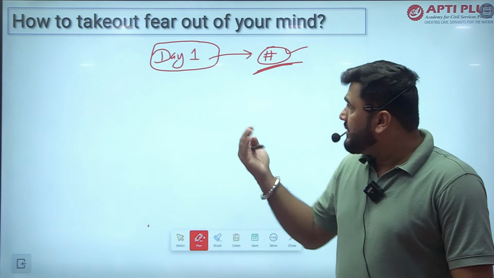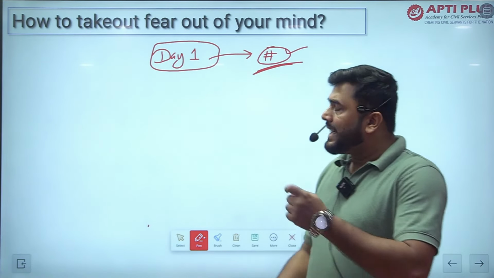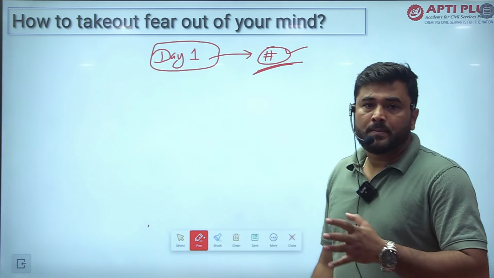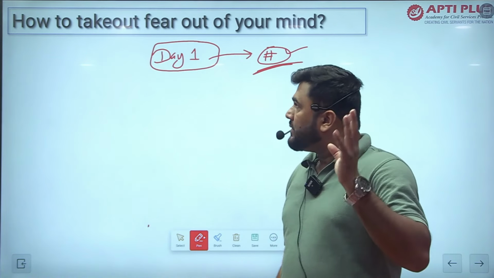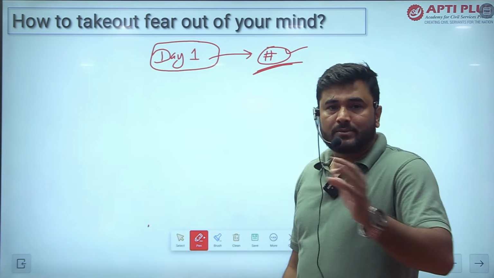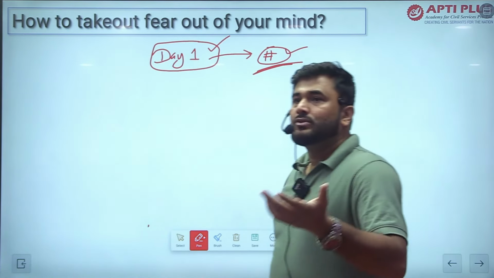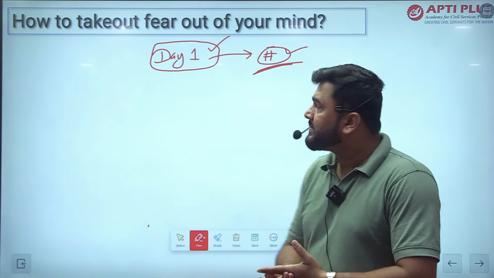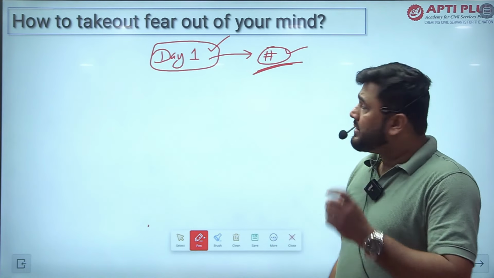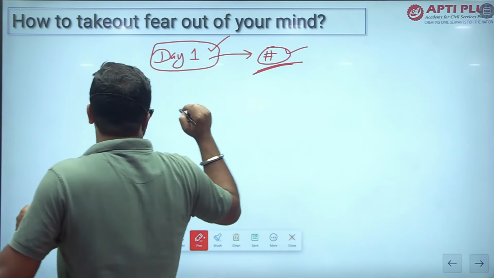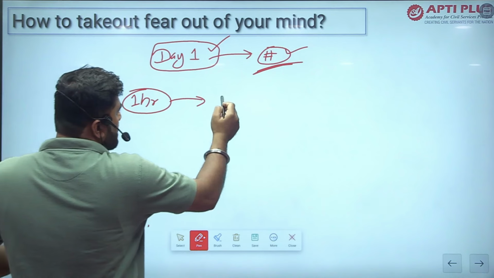If you are aware of what the preparation strategy should be, then start from today. Whatever stage you are at doesn't matter, whatever chapters you have covered doesn't matter, just start the CSAT preparation today, because there is not much time remaining for the exam, approximately 3 to 4 or 5 months remaining for the prelims. And first of all, always keep one thing in mind: whatever CSAT 1 hour you are practicing, always prepare it after lunch.